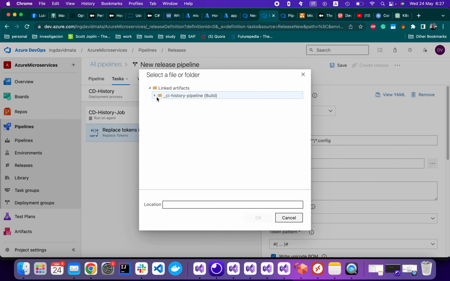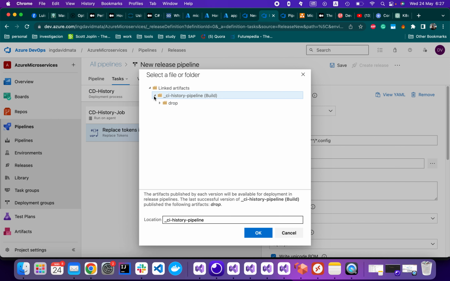So what is our root directory? Well, the root directory is gonna be where our artifact was deployed. And as you can see, when we edited the continuous integration pipeline and we told them to copy the Kubernetes file, the YAML file, now it should appear here along with the zip file, and we can see it here. So we choose the directory,